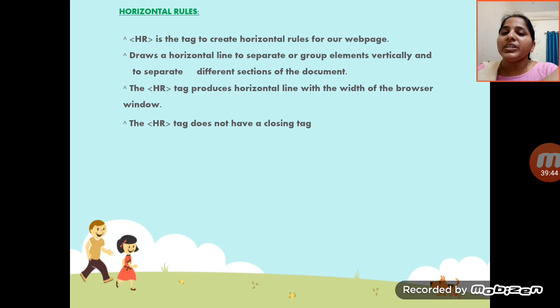It draws a horizontal line to separate groups of elements or different sections of a document. The HTML HR tag produces horizontal lines with the width of the browser window, and it is used to divide parts of the page. The tag does not have a closing tag.